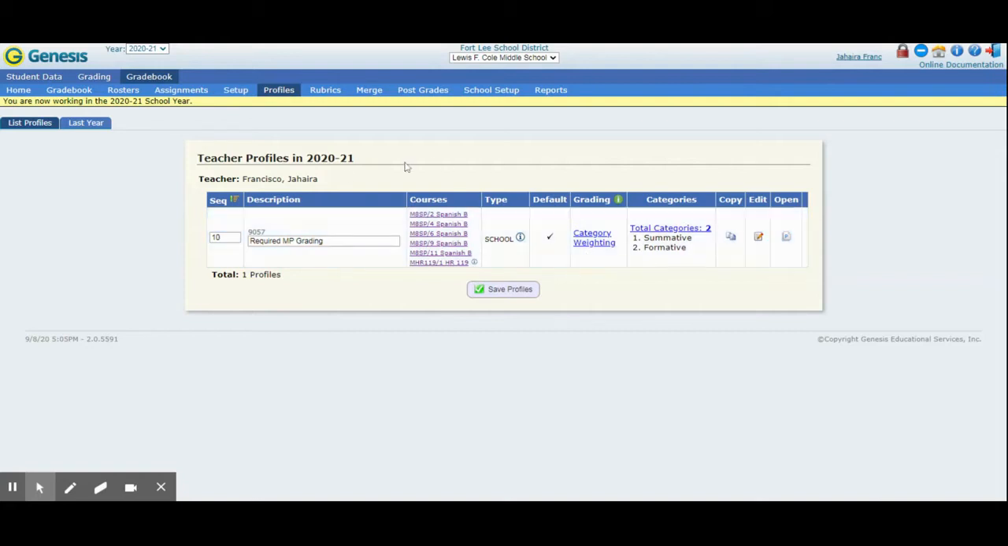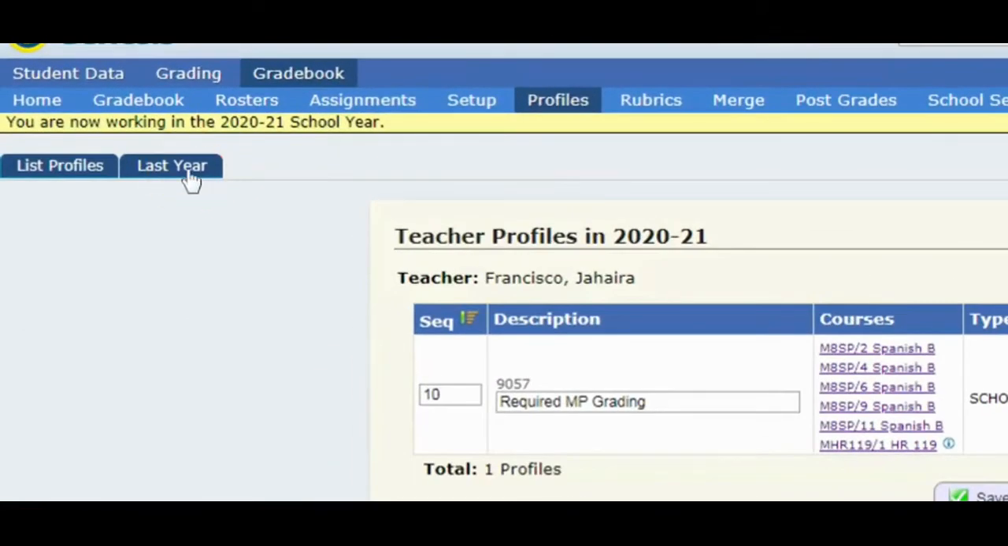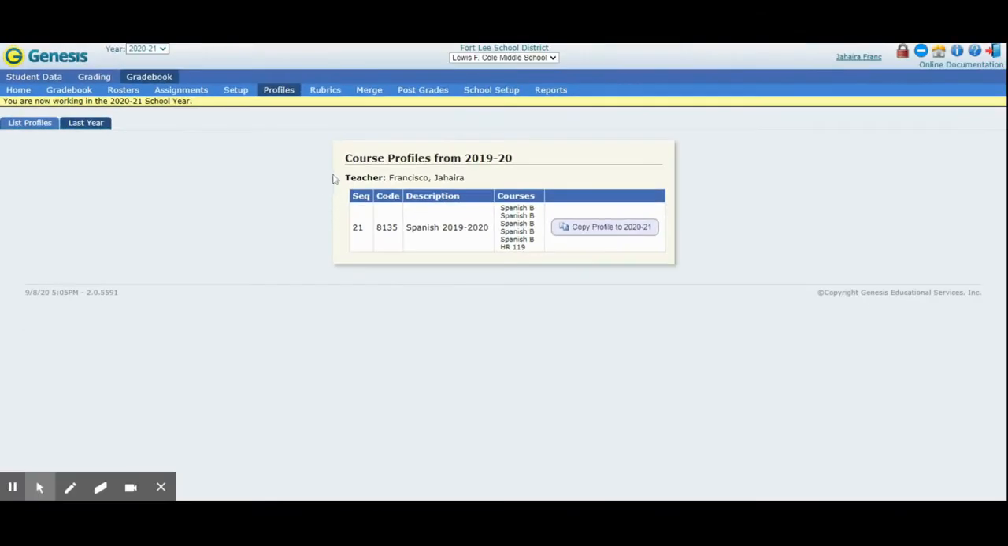So let's say you did not like this profile and you had customized and created your own profile last year, and you would just like to get that profile from last year and reuse that profile or other profiles that you have. What would you do? Well, you would simply come over here on the left hand side to where it says the tab last year and click, and then you'll see it says from